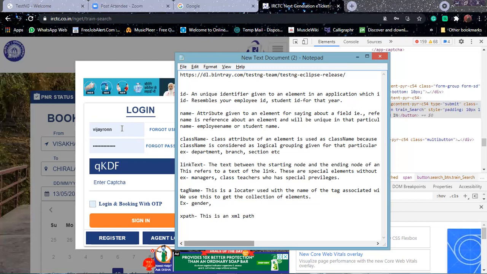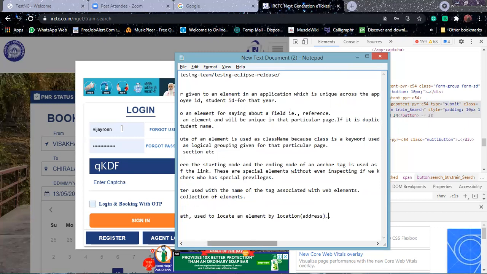It is used to locate the element by location. Location in the sense of address. Mention there: address in the web page.